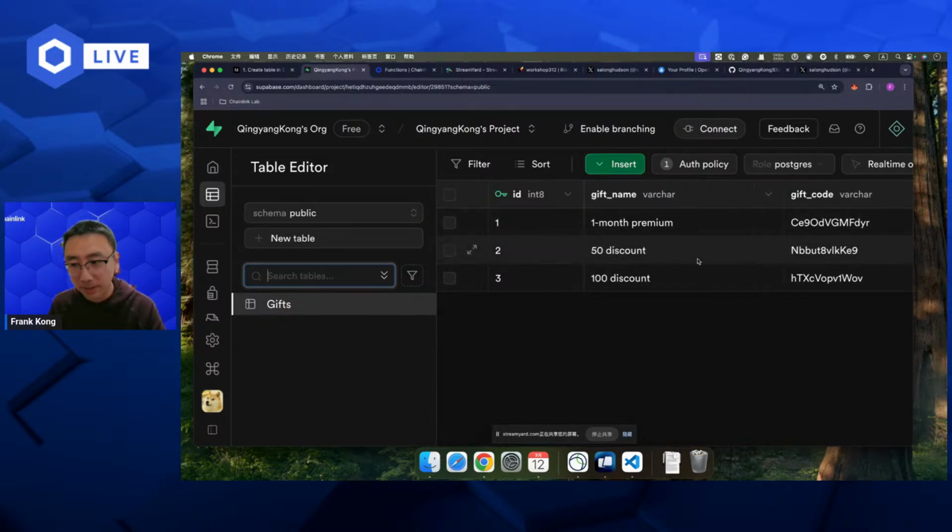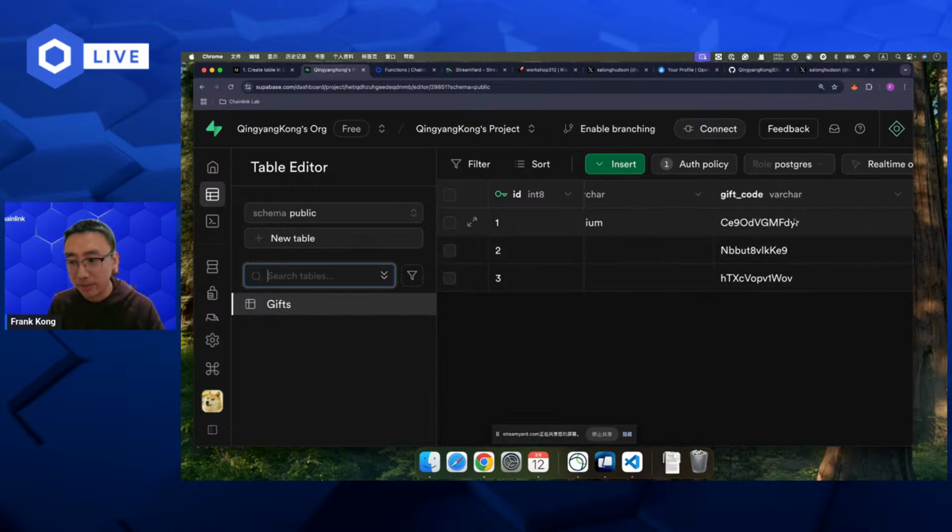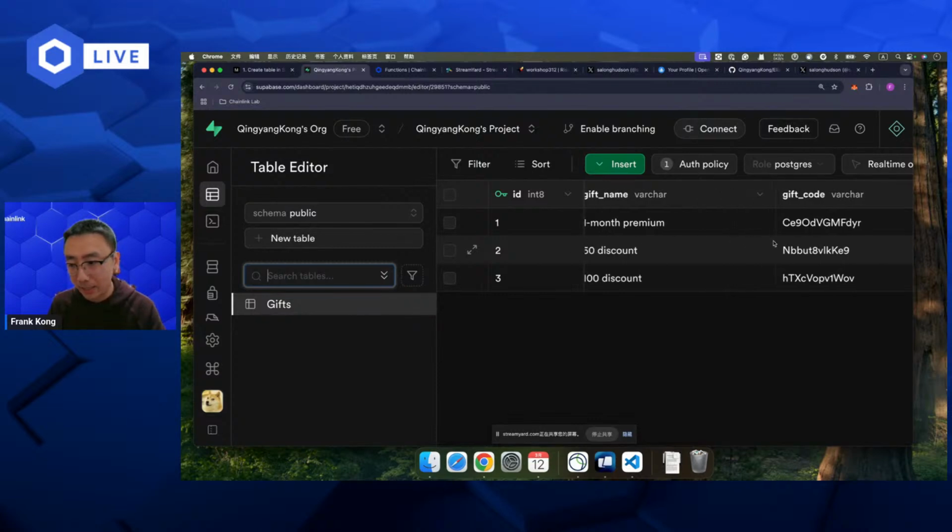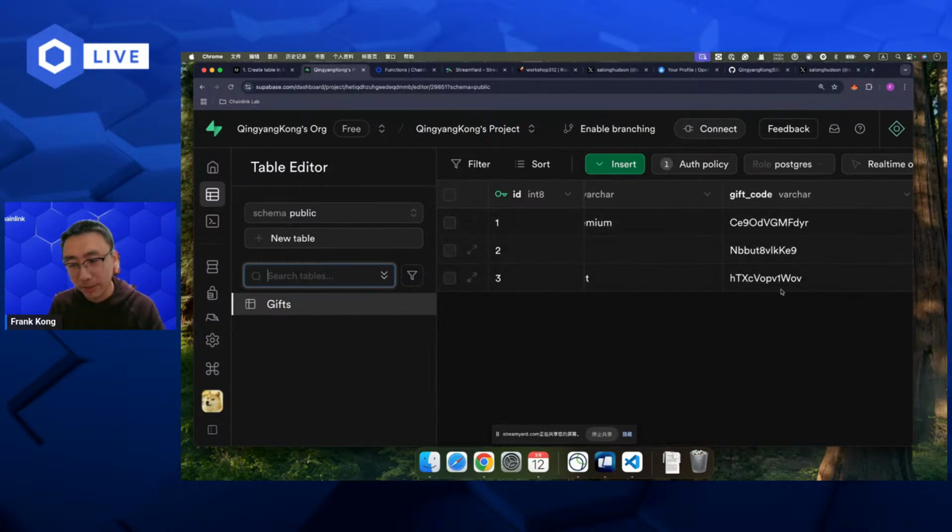On Twitter, the user will say, hey, can you give me a gift with the gift code CZ9ODVG, something like that. You will know that this is correct, and you will give them the gift. But if the user cannot provide the correct gift code, they cannot get the gift. That is the reason this secret code should be kept private.